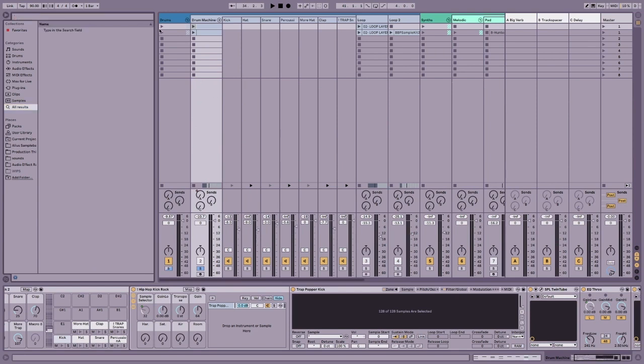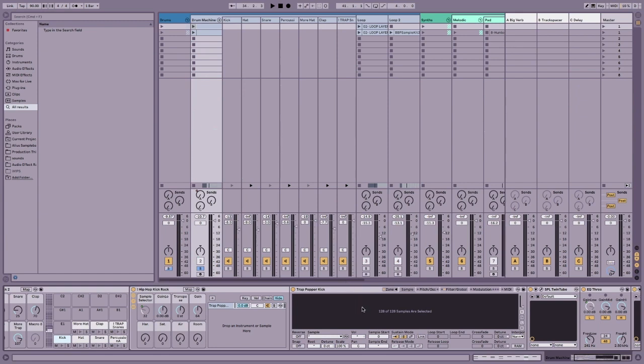And especially if you're browsing through your sample folder, everyone knows that 99 out of 100 samples you listen to are going to be bad. They're not going to be useful to you. So instead of every time you want to put a kick in a new song, scrolling through your whole sample library, scrolling past a bunch of stuff you don't like, what you can do in Ableton is find 128 samples that you do like, load them all into one sampler,